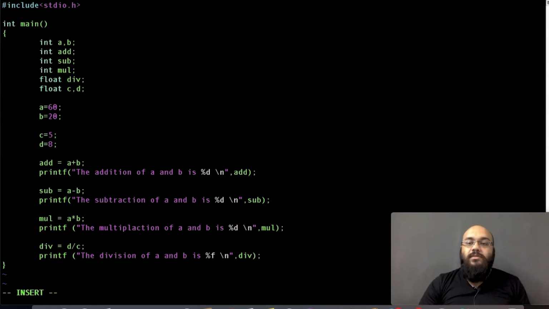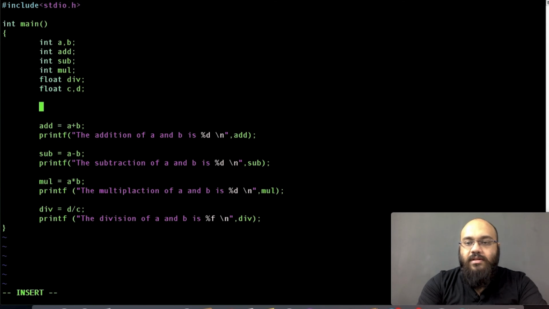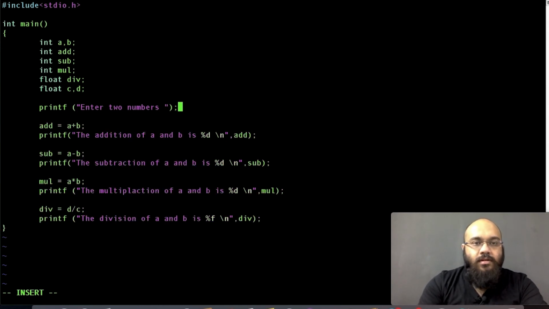So what we are supposed to do is take the input from the user. I will ask the user to input two numbers, and then we'll do the needful for the two numbers. Okay, so let us just remove everything. Now we'll give the user a command to enter two numbers. So we'll write printf enter two numbers. Okay, done. Now we can give this \n so that the input can be taken on a different line.